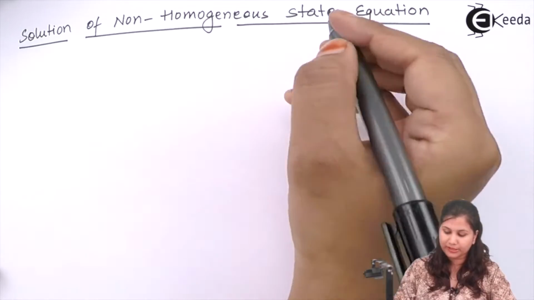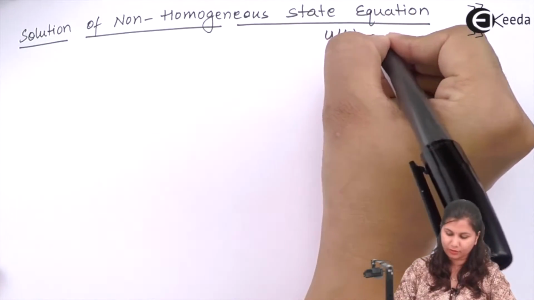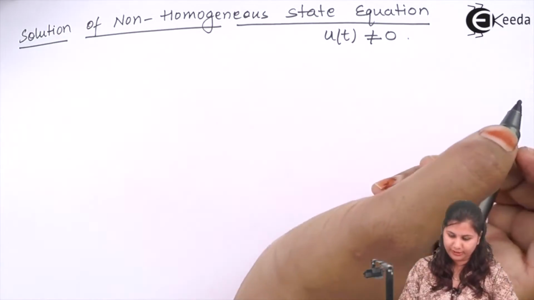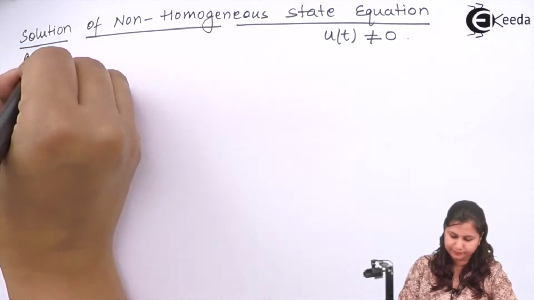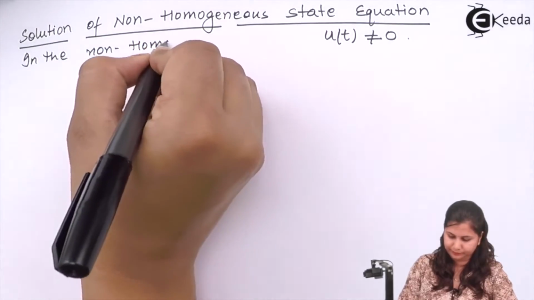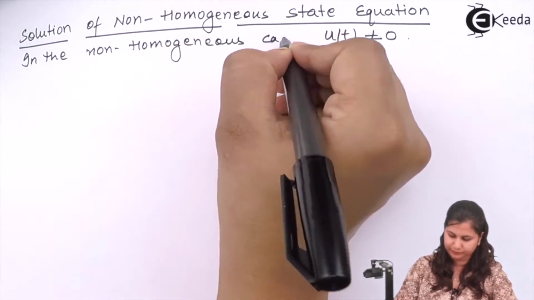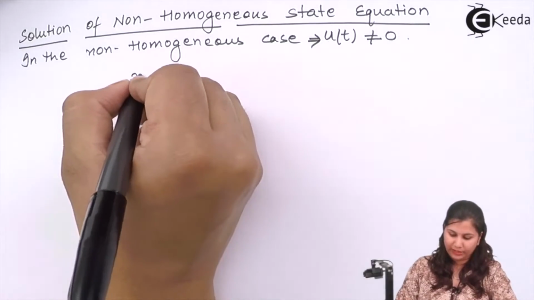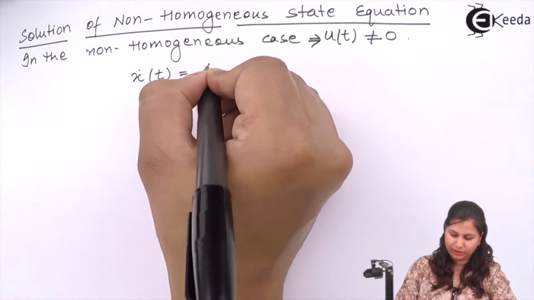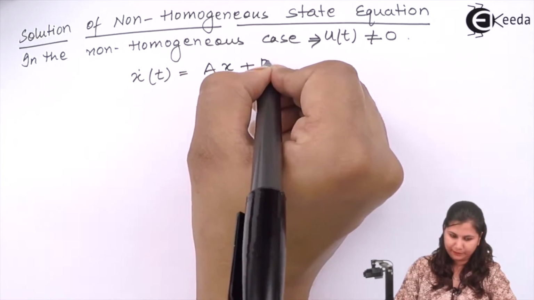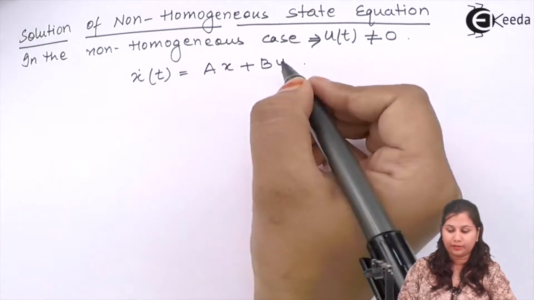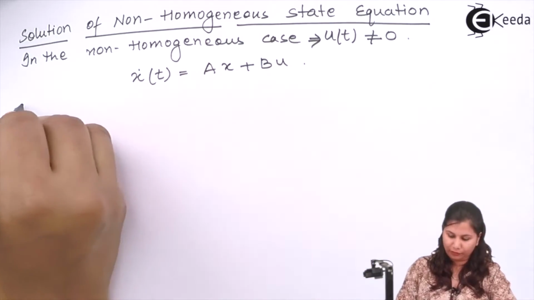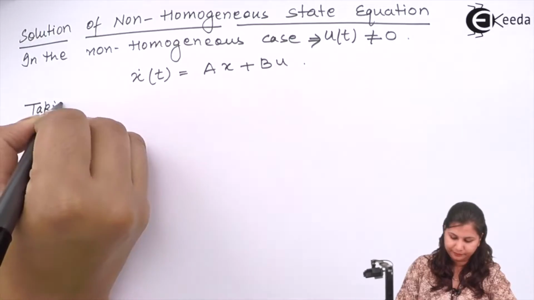Now in a non-homogeneous state equation, u(t) is not equal to 0. This is the non-homogeneous case, where u(t) is not equal to 0. So we have our state equation as x dot(t) equals Ax plus Bu. U is present here. Now taking the Laplace transform of this equation,